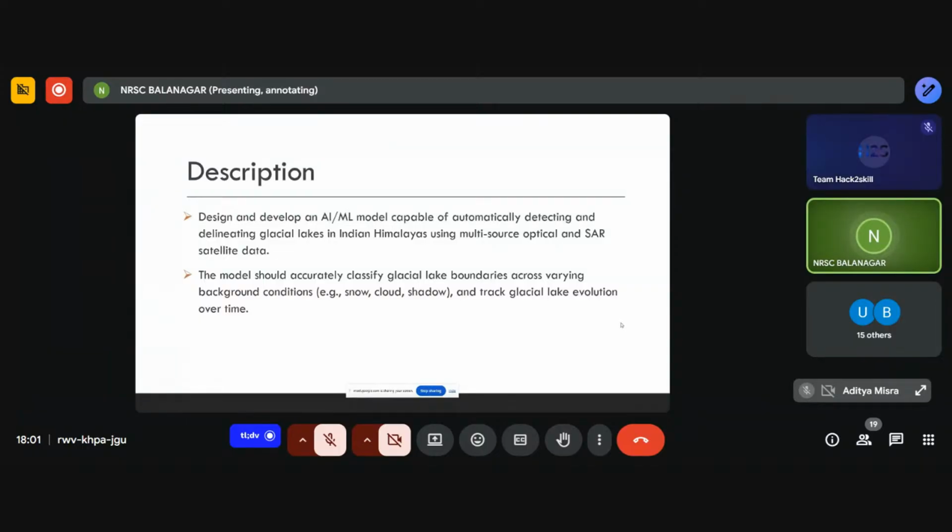So if we remind ourselves, we had the 2013 Kedarnath GLOF event, as well as in 2013 we had the South Lhonak glacial lake outburst flood event. So keeping this in mind, this is a very important topic now, and we need to develop some automatic method or AI/ML model which is capable of automatically detecting and delineating these glacial lakes situated in the Indian Himalayas. Also, to let you know, recently the Indian government, led by NDMA, has also launched a GLOF risk mitigation program itself. So this is the need of the hour, and this will be a very interesting topic